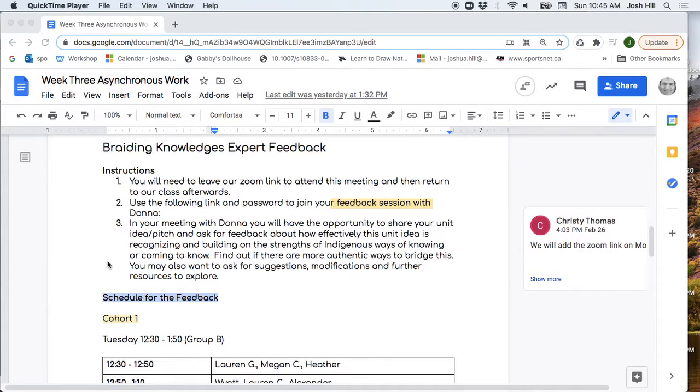are we're going to put the Zoom link in that Donna shares and essentially think of it like she's in a classroom down the hall, and when it's your turn, based on the schedule, you will leave the Zoom meeting that you're in to collaborate, and you will enter into Donna's Zoom room where she will be waiting for you. She may be with another group when you arrive, but then that'll end their session and begin your session.